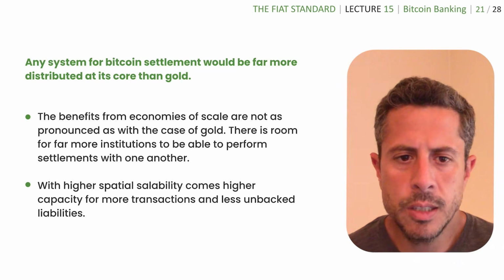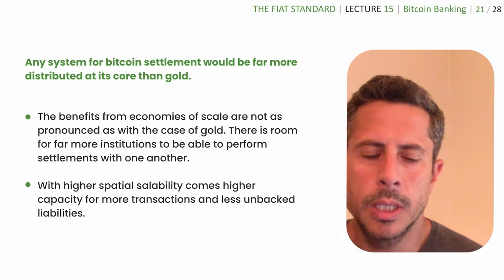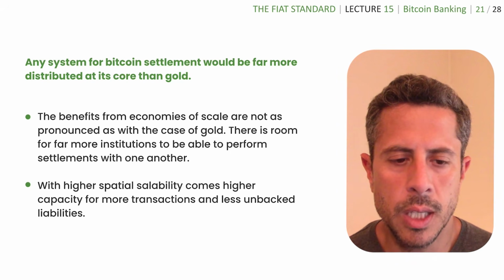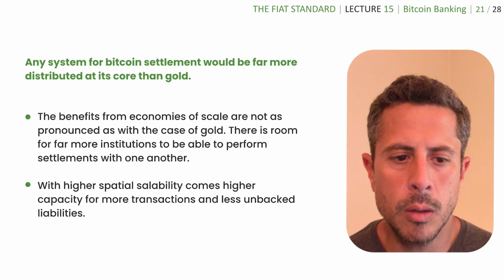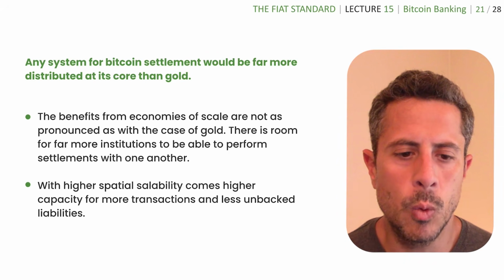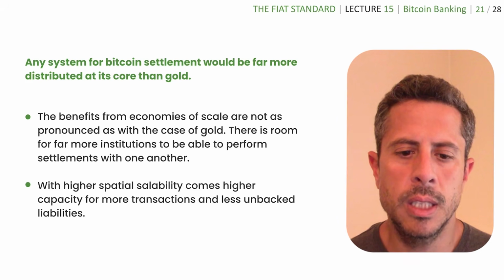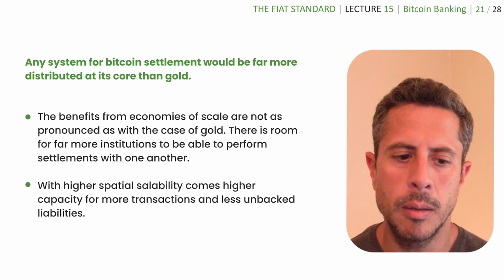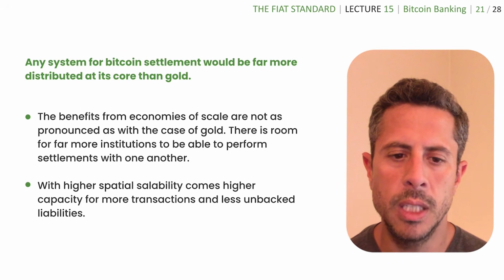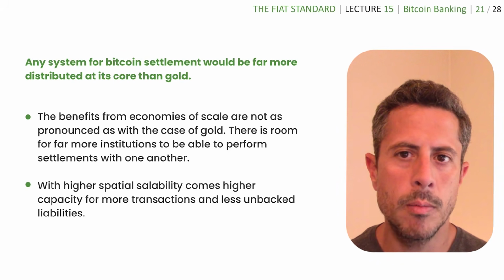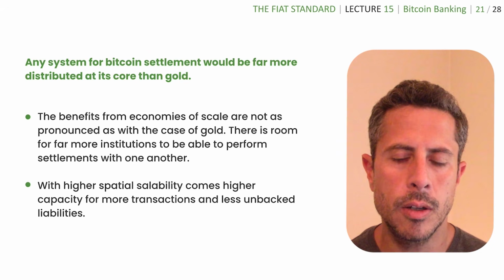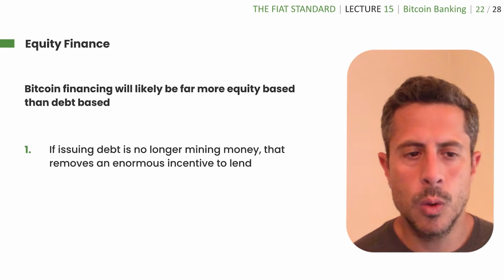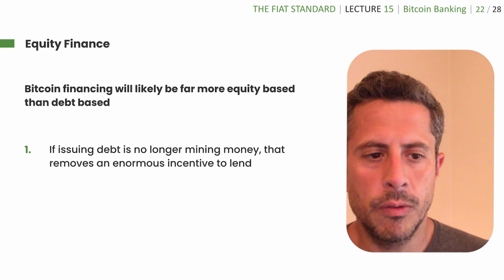So any system for Bitcoin settlement would be far more distributed at its core than gold, and the benefits from economies of scale are not as pronounced as with the case of gold. There is room for far more institutions to be able to perform settlement with one another. With higher spatial salability comes higher capacity for more transactions and therefore less unbacked liabilities. There's a far smaller ability for banks to issue unbacked liabilities when their asset can just be cashed out very easily and very quickly. So in conclusion, that's what leads me to think that Bitcoin financing will likely be far